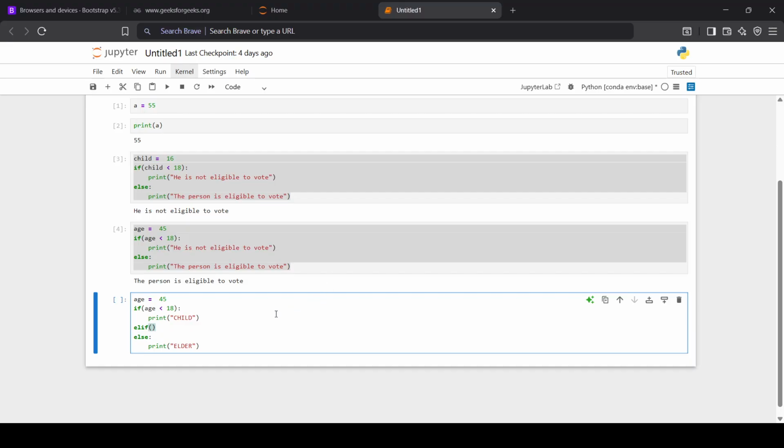So in the elif block, I will write if age is greater than 18 and, here this and refers to if both of the statements are true, then only we will go to the next block. So here we will check if the age is greater than 18 and if the age is less than 60,